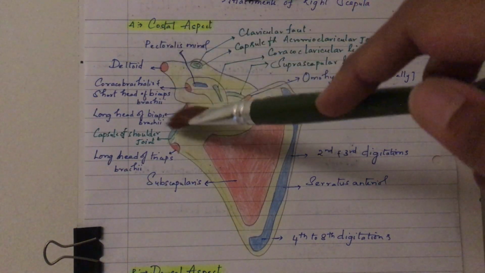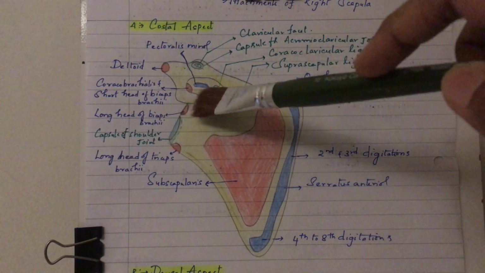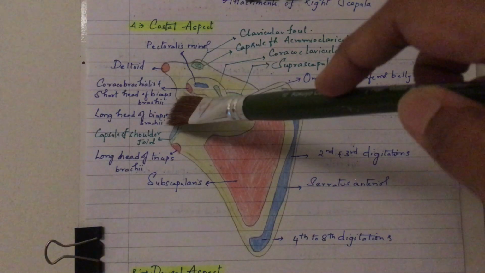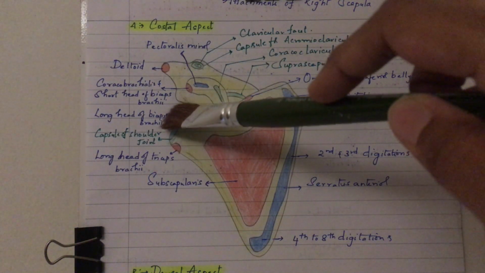Supraglenoid tubercle. Biceps has a long head and a short head. The long head arises from the supraglenoid tubercle and the short head arises from the tip of the coracoid process. And coracobrachialis also arises from the tip of the